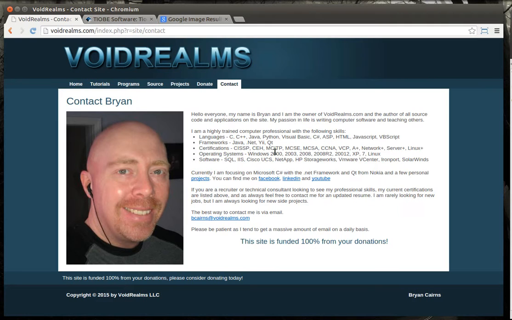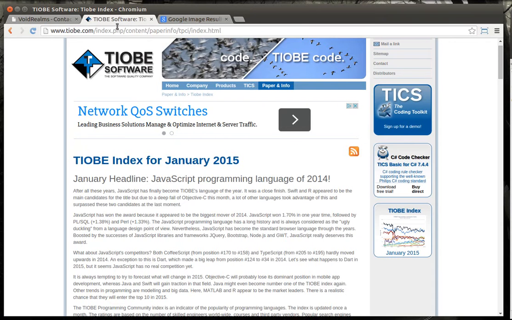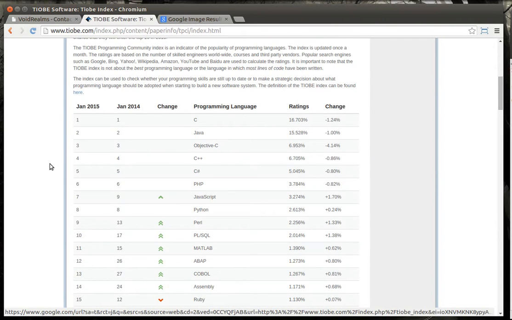Point being, though, learning languages is actually very, very easy, and I'm going to show you a real trick on how to do it. If you go out to the TIOBE index, you'll see it's just a ranking of languages, based on popularity, based on search. You'll notice that most of the languages have certain things in common. For example, they're either C style or they're COBOL or VB style languages. Once in a while you get the oddball one like Python, but you could actually argue that Python's sort of a C style language when you really look at it.